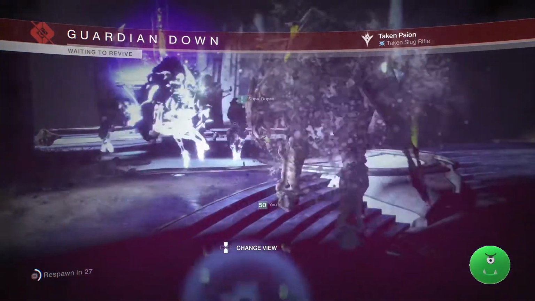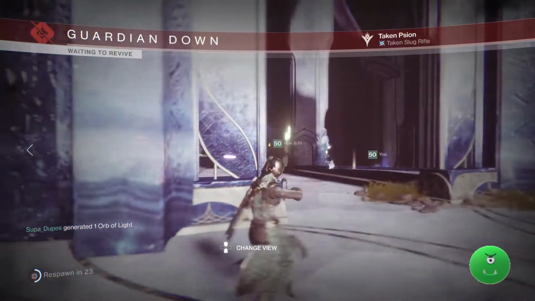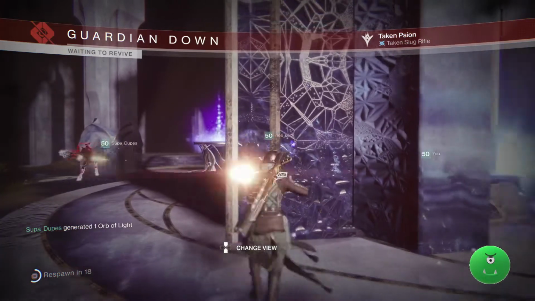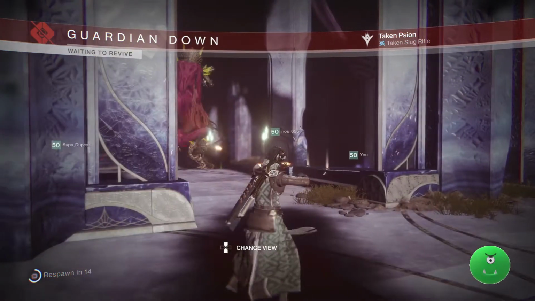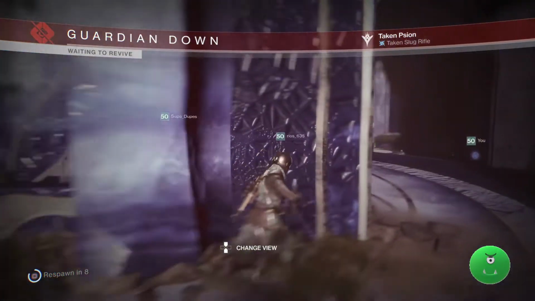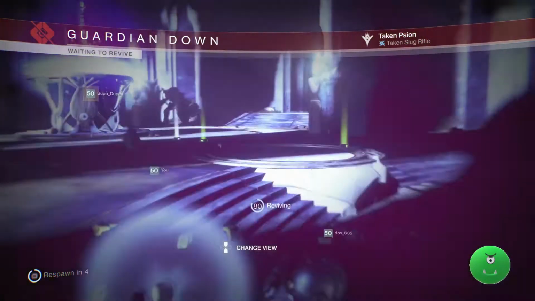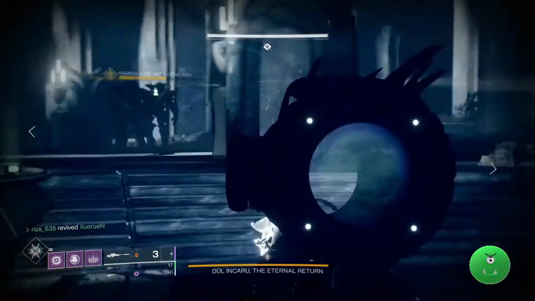Weapons. Now, if you do not have 2 members of your team that have a good grenade, then you will want to use a shotgun. So some sort of rapid fire shotgun like Badlander would be a good one to have to take out the scions. You're going to want a regular gun, either a scout rifle, auto rifle, pulse rifle, even a hand cannon